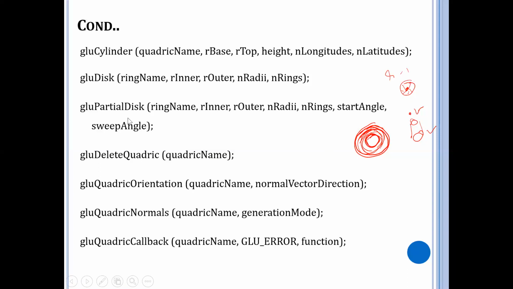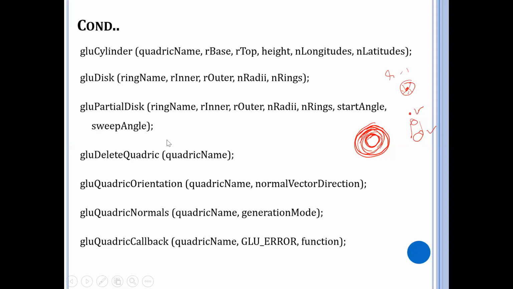Next, moving further, I have the next function, which is the partial disk. In order to specify a section of a circular ring, we make use of this partial disk. Here, the arguments are start angle and sweep angle.